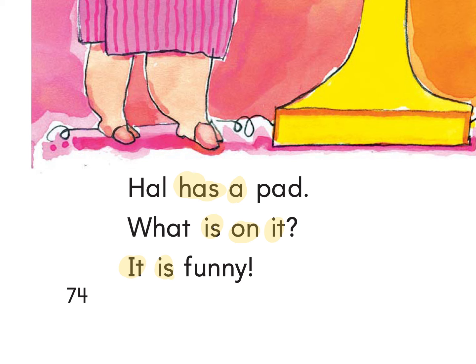Okay, we got our highlighters done? Has a, is on it, it is. I see one word with the short O. Raise your hand. Don't yell at me. Raise your hand, Hyro. What's the word with the short O? Ooh, we do see a WH. What's the word that has the ah sound in it, though? On, good. Let's underline on.